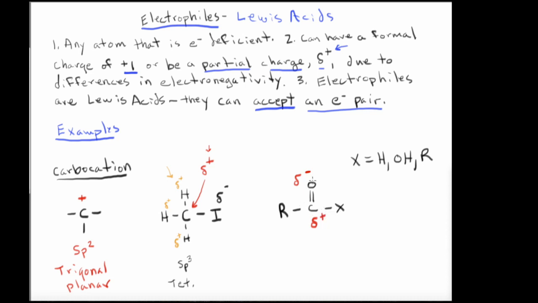Now, the other thing that makes this electrophile super important in organic is that it is sp2 hybridized, which again means that it's trigonal planar. And that's super important because this carbon is going to be super accessible. Why? Because it is part of a triangular plate. So the incoming nucleophile is literally going to have two completely open surfaces to pick from in order to make its attack on this electrophilic carbon. Again, can the R group over here and the X group over here influence accessibility? Of course it can. But still, because this region in the middle here is sp2 planar, the accessibility is still